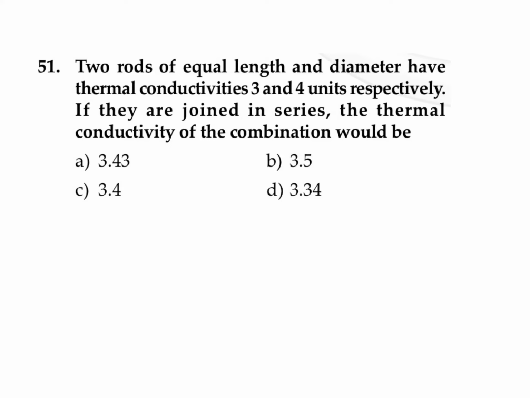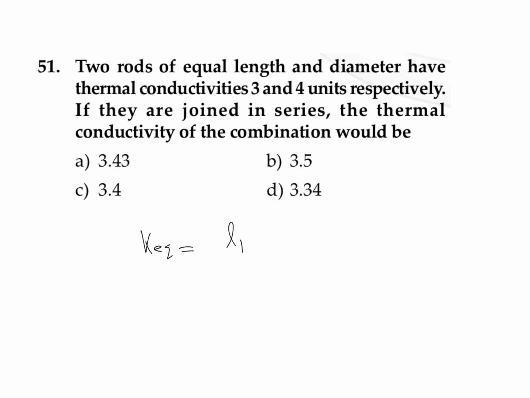So in this question it is given that two rods of equal length and diameters have thermal conductivities 3 and 4 unit respectively. If they are joined in series, the thermal conductivity of combination will be. So if you want to find out the value of equivalent thermal conductivity of series combination, we will use this